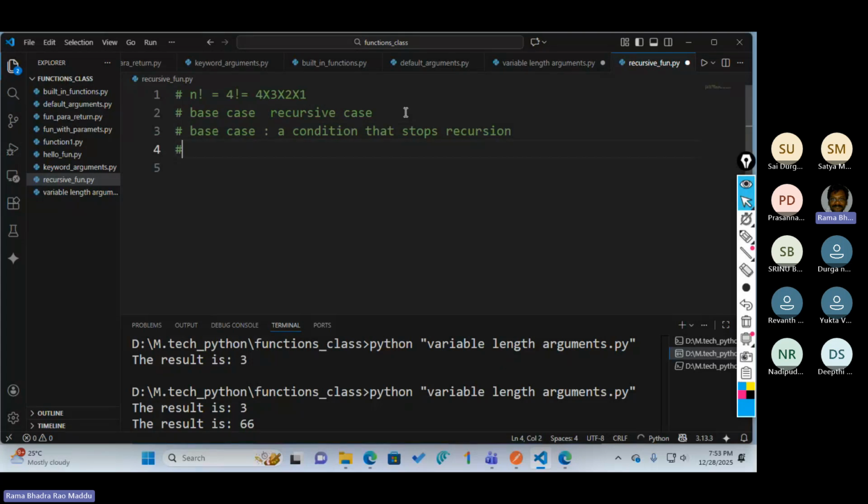And the actual recursive case is nothing but it calls itself. So every recursive function contains two things. One is the base case, another one is the recursive case.